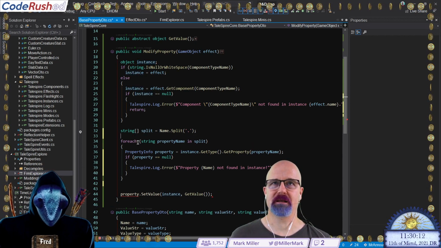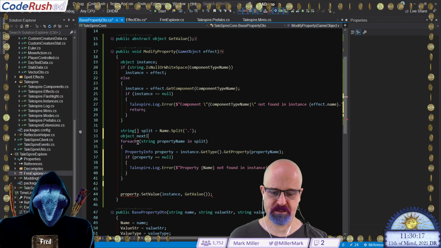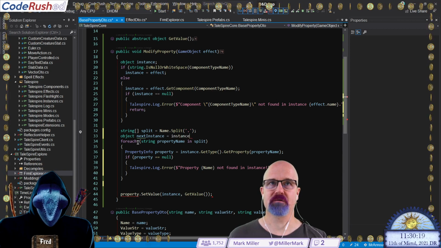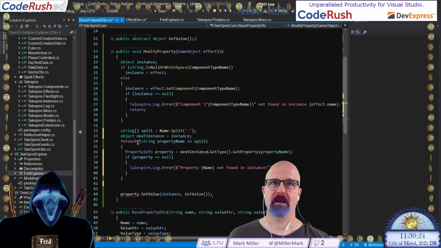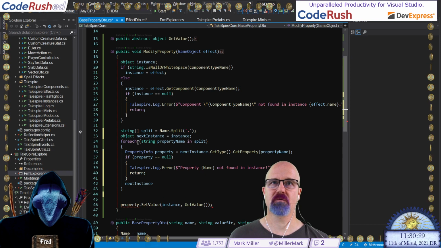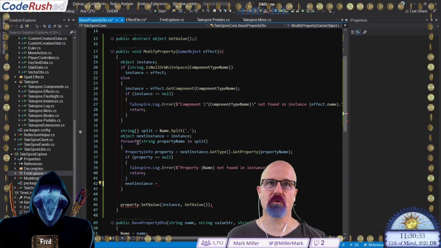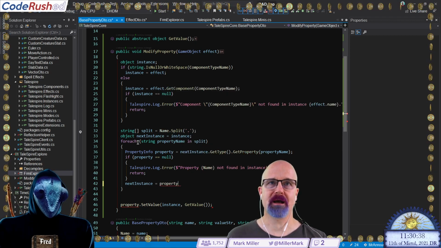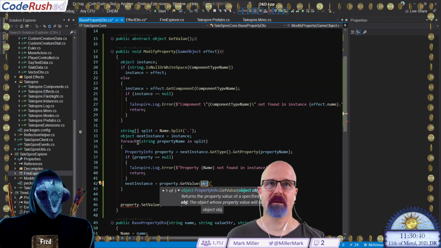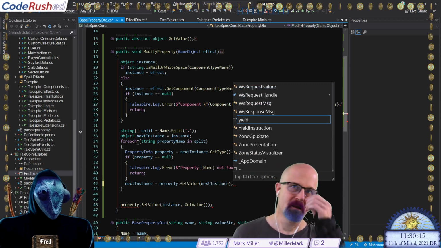So I think what I need here is a new object called next instance, and set that equal to instance here, work with it here, and then set it here. So if property is null, we're going to get out there, but here we're going to say next instance is equal to property dot get value of next instance. Okay. Are you with me?